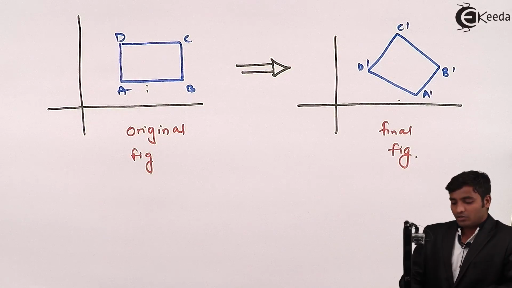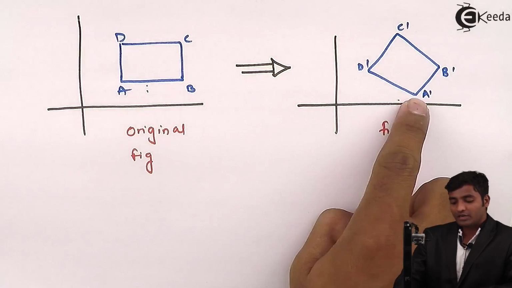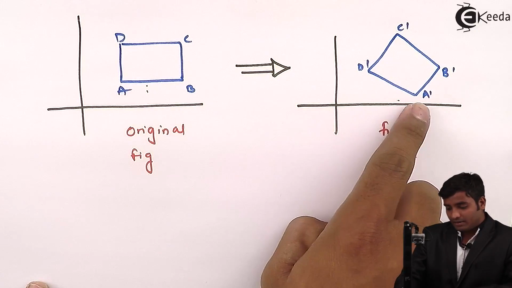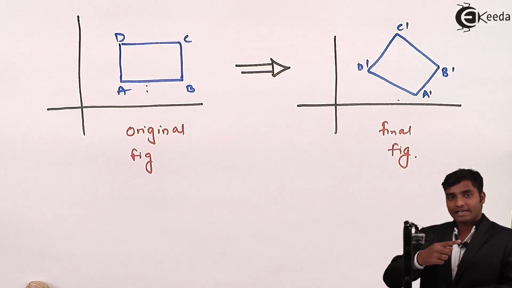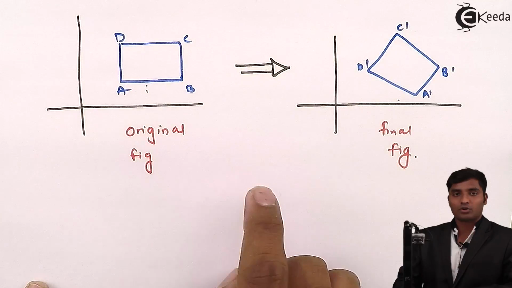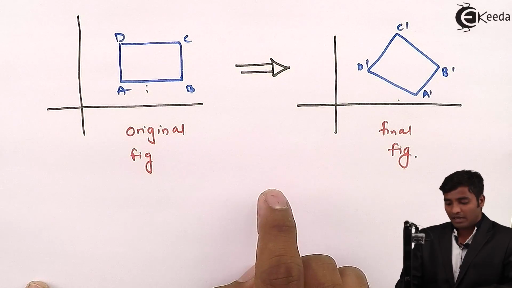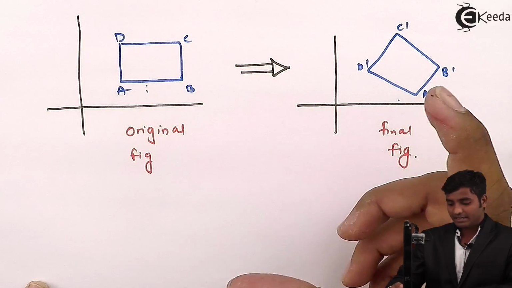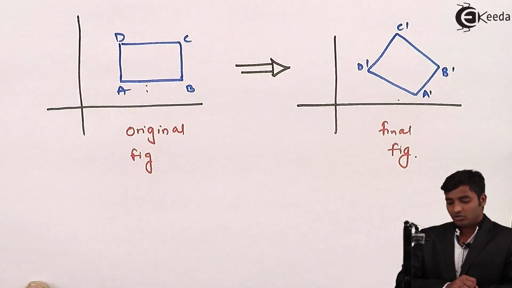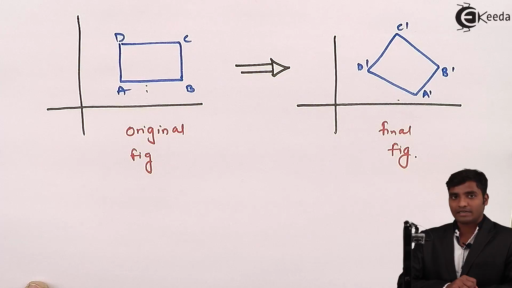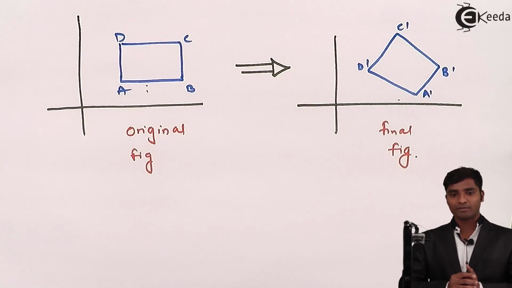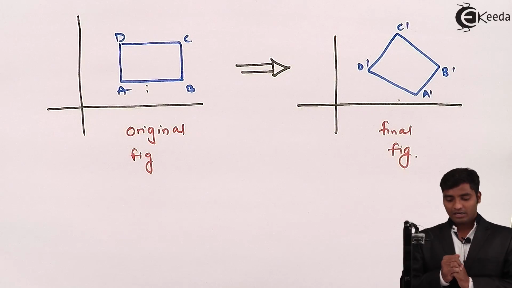So two transformations are there. One is rotation, because initially point A is here, and in the final figure the point A has been rotated, so rotation transformation has been done. And you can see the size of the figure is increased, so you can say that scaling has been done. So now we'll start the transformation, but before starting,